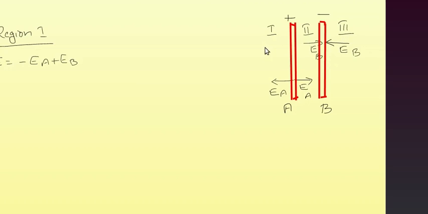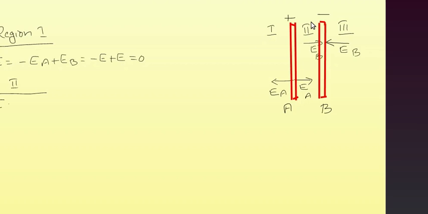So in the region 1 the field due to A is towards left, and due to B it is towards right, because this field line is actually coming like this. So it is passing through the region 1 towards right. Therefore towards right is taken as positive, so EB is positive. And if the strength of the electric field is same for both, then you can see that it is minus E plus E, which is equal to 0.